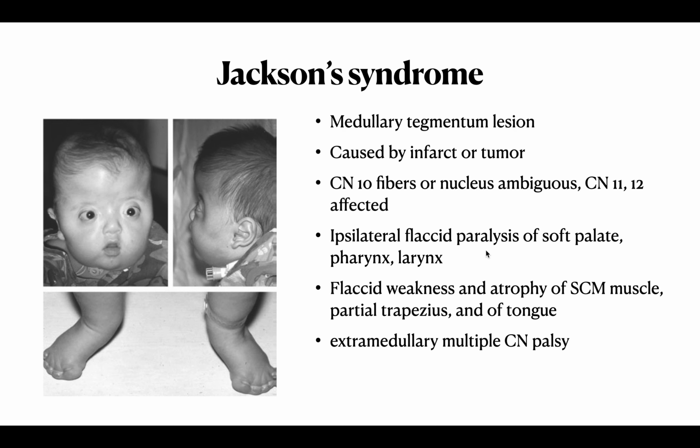There's going to be flaccid paralysis of the soft palate, pharynx and larynx, thanks to cranial nerves 11, 12. There's going to be hypoglossal involvement, so this is going to be a problem with cranial nerve number 12 and some of cranial nerve number 10. Flaccid weakness and atrophy of the sternocleidomastoid muscle,